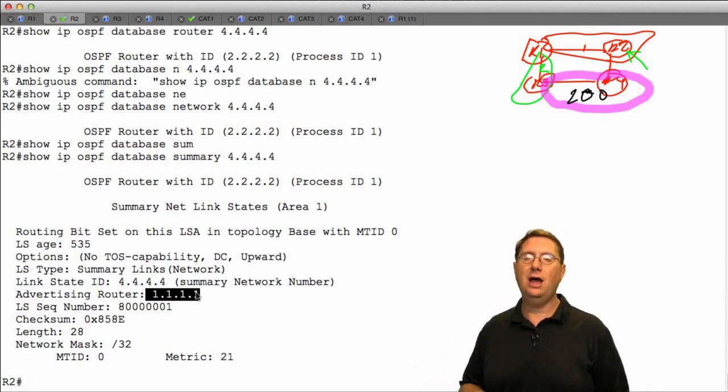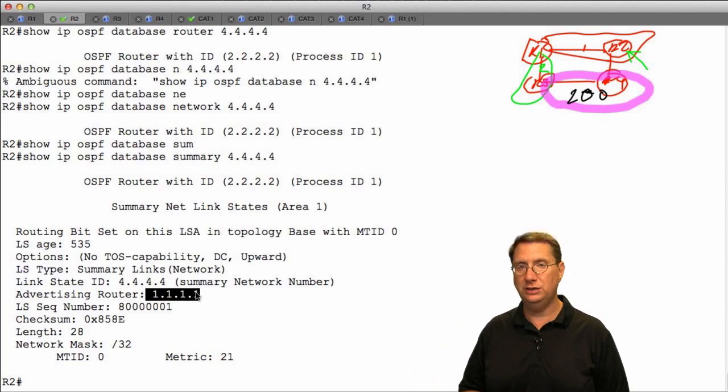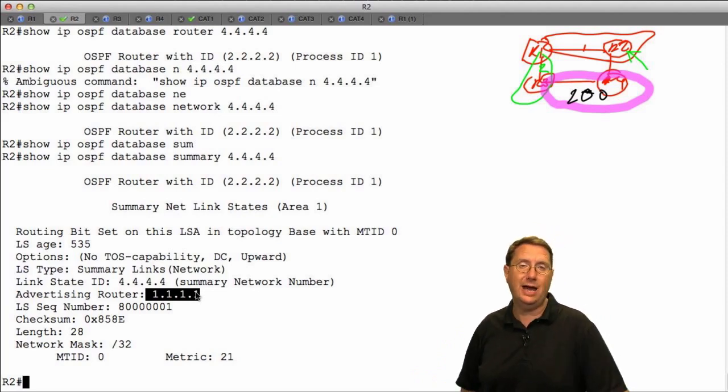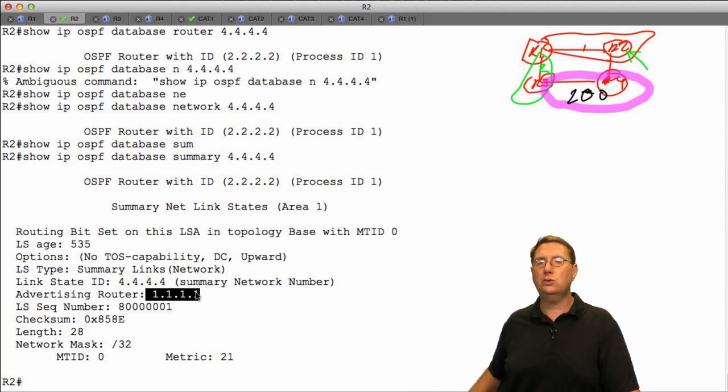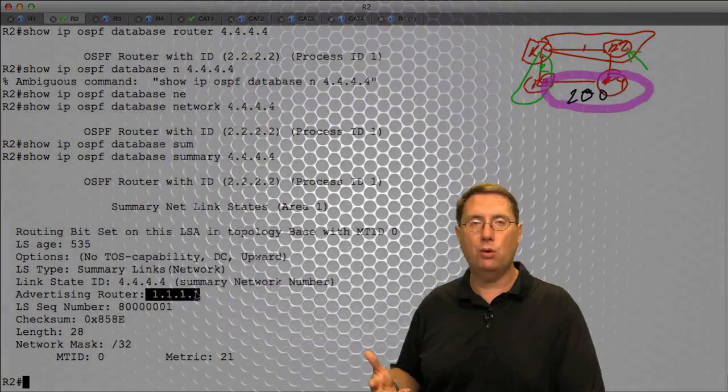Now the issue here is that the assumption is that I can't have a stubby area because I can't have type 5s, which means if I can't have type 5s, I can't do redistribution in an area. We need to recognize the fact that there is a type 7 LSA that's referred to as an NSSA LSA, which means it's going to define something called a not so stubby area. Don't want to really get you guys confused with it, but it is important that we point all of this out because it might not be part of the exam, but right now we've gone so far into OSPF, bringing up our connections, looking at the show commands, even demonstrating some concepts that we might use for troubleshooting, and it's all going to basically make it real. So right now, may as well just use the opportunity to, at the very minimum,